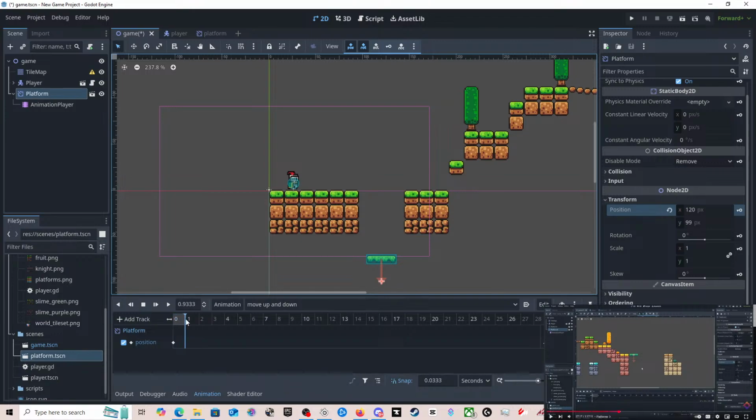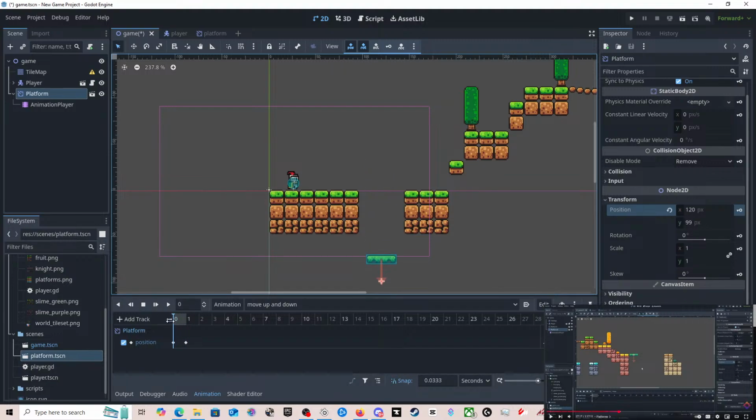So that's position 1. That's going to be position 2. So if I go to there and then do key. This is the same as doing automation, like I said, in audio. It kind of works out the same way, I think.